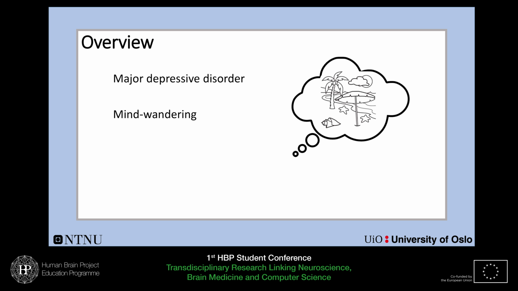So when you're just sitting around and just thinking about whatever, which is not dependent on the environment you're in right now. So one thing you do is, for example, when you concentrate on this presentation and you have some thoughts which are totally not linked to what I'm talking about right now,